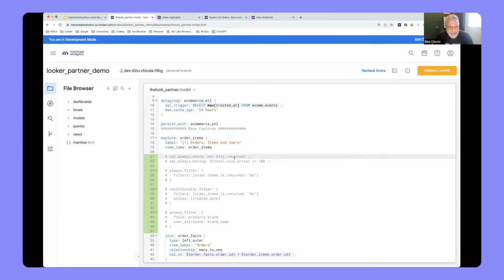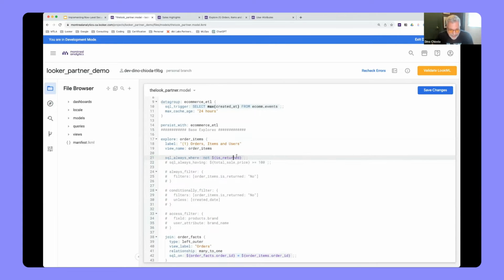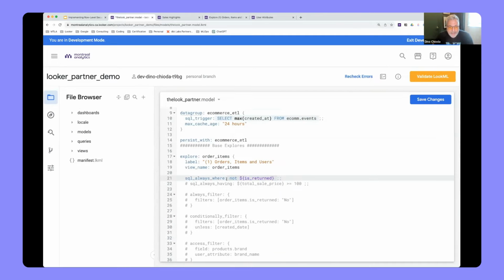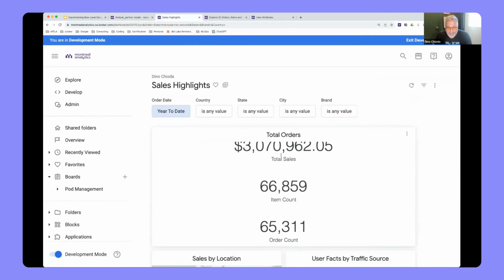If I uncomment this particular one here, I hope my screen is big enough. Let me just make it a touch bigger. So here, what I'm saying is I have my order items and I really don't want to see any returned items by default. So I've created a sql_always_where statement that basically says, just give me the rows where is returned is no. And if I expose this clause and I just click on save,